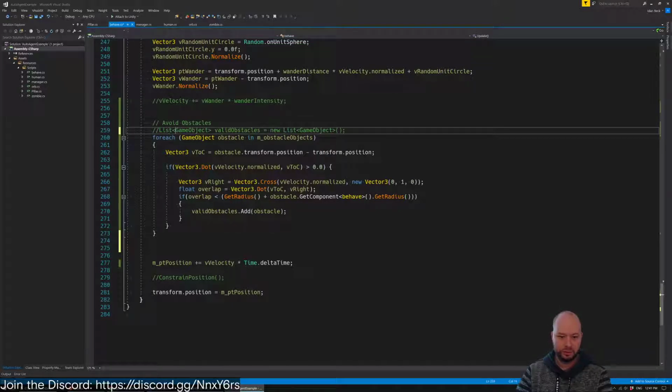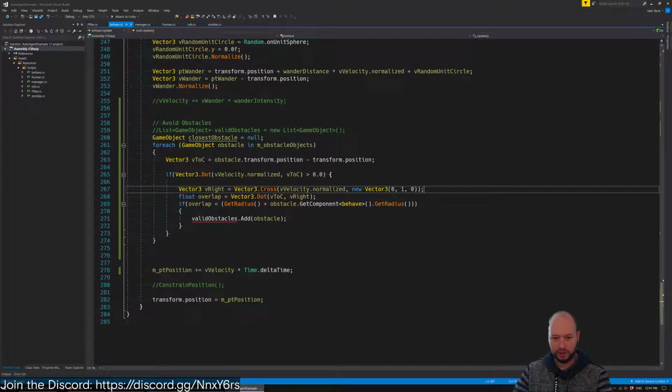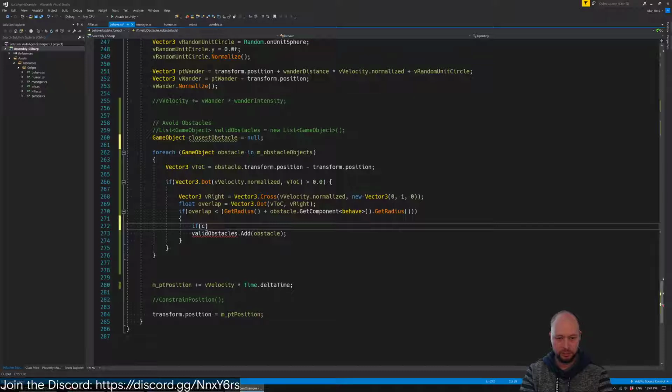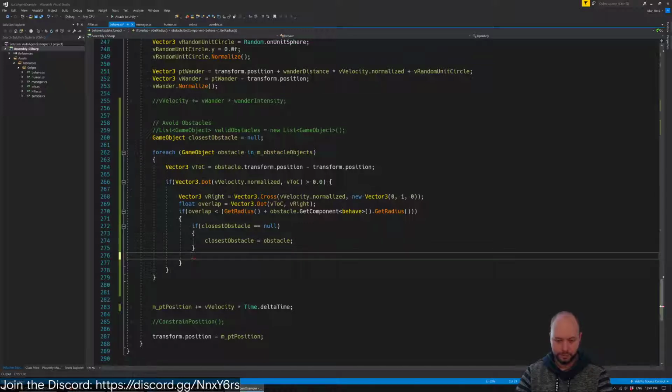We just need closest obstacle, right? Is equal to null in this case. So if closest obstacle equals null, then closest obstacle equals obstacle. Else if